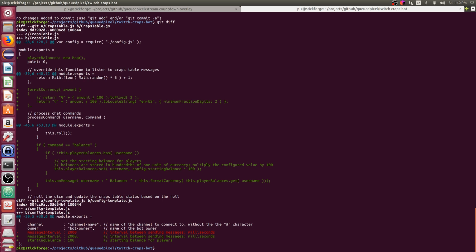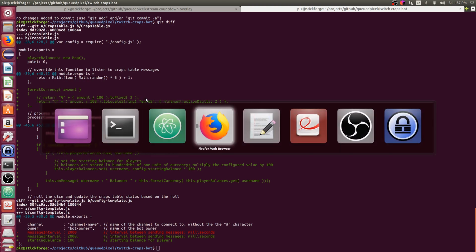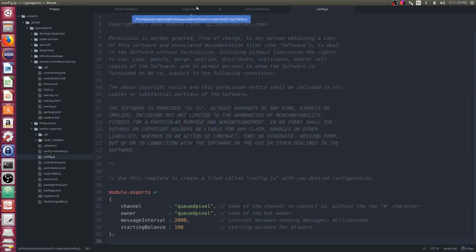Alright, so we've modified our craps table class. We've added in a property of player balances, initialized to a new map. We've added a format currency function that takes an amount, and we've got this extra line of code that I need to remove.